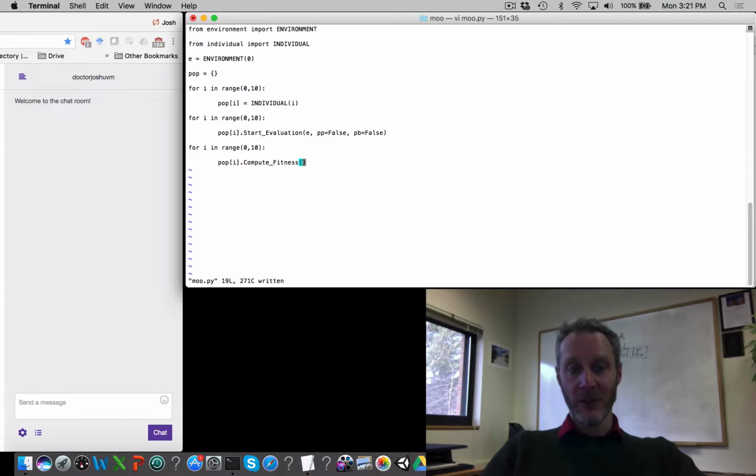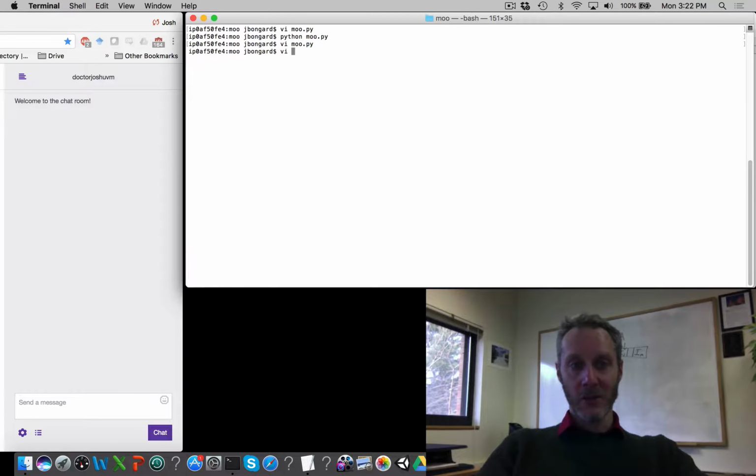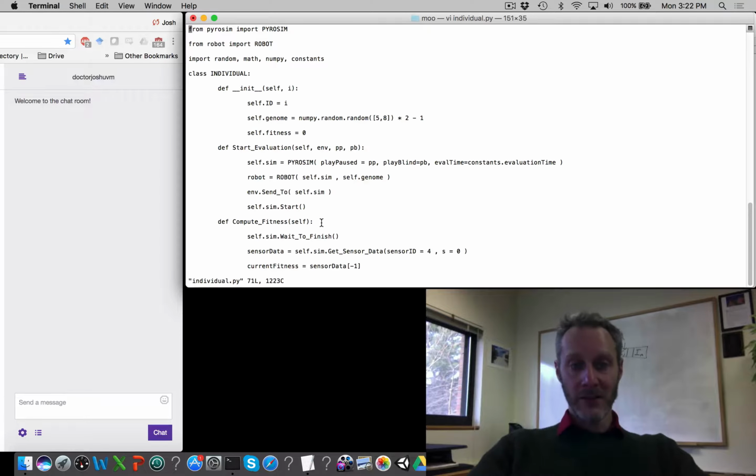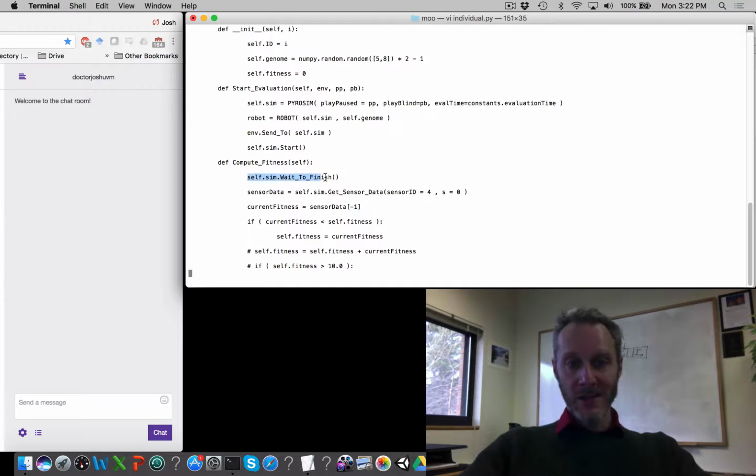We want to wait for this simulation to finish, and when it does, compute the fitness of the ith individual in the population. So again, just to remind ourselves, if we go back to individual.py, here's our function called compute fitness, and we can see that it waits for the simulator to finish, collects sensor data from the simulation. We compute the fitness as the last entry in the 5th